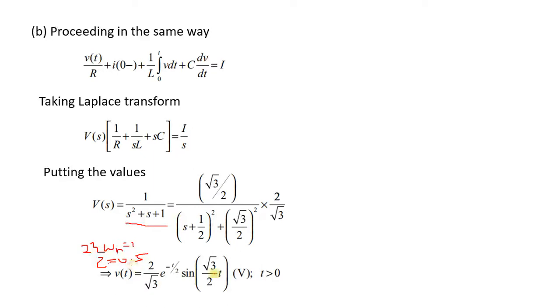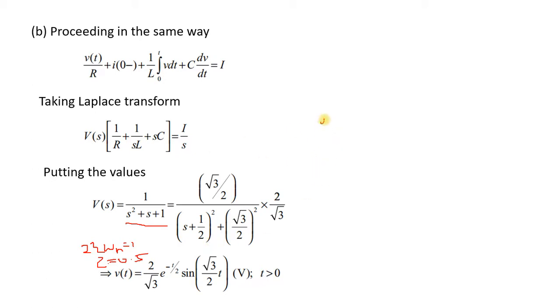Okay, so now you take the response. If I replace this equation, it looks like this. It is in the format of omega divided by s square plus omega square. Here s is replaced by (s plus a) the whole square, so that the term e power minus t is present. Therefore the corresponding inverse Laplace transform is 2 divided by root 3 into e power minus t divided by 2 into sine of root 3 divided by 2 into t.